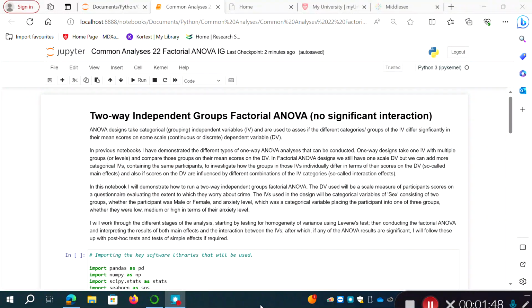And when we do that, we're going to investigate how the groups in those independent variables individually differ in terms of their scores on the DV, so-called main effects, and also if the scores on the DV are influenced by combinations of the independent variable categories, what we'd call interaction effects. Okay, so what I'll do in this video and using this notebook is demonstrate how to run a two-way independent